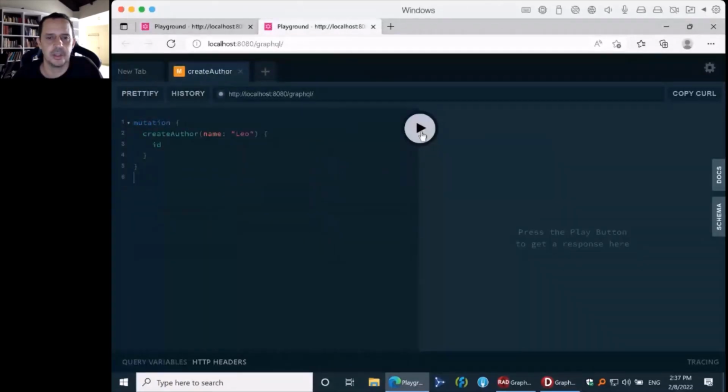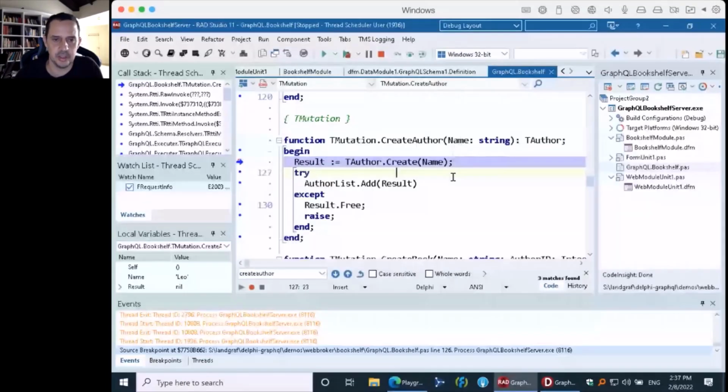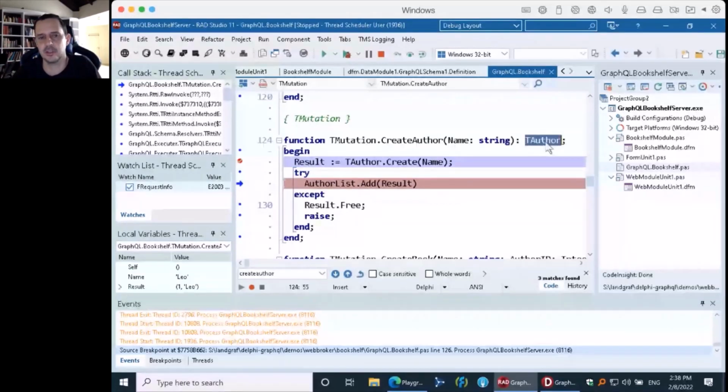So let me create the author again. So I'm calling create author, it just executes this method here. We can see that the parameter is the one that I sent. And in this implementation here, I'm just creating a TAuthor object, adding it to an internal list, and returning it here as the function result. That's it. But of course, you can execute a SQL statement. You can execute a Redis query and return an object here, an entity here. So it's up to you, the implementation of the server.